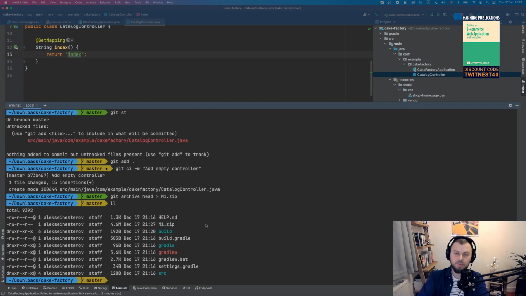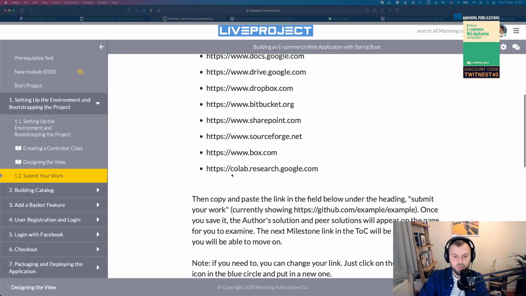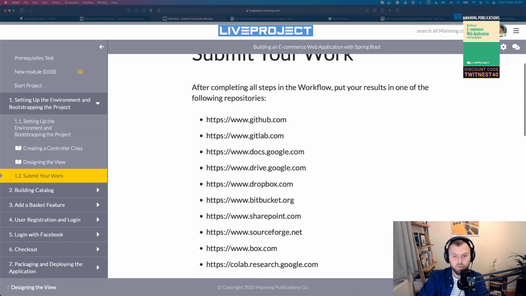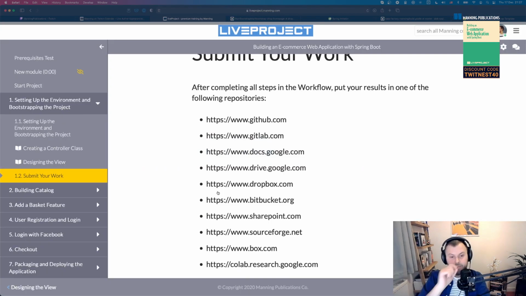So now I can just basically upload this file directly into the Submit Your Solution page, or as Submit Your Solution page suggests, you can use, let's say, GitHub or GitLab or something to actually push your code from a Git repo and then show it to your mentor, basically. I'm not going to do it now. That's not the purpose, but there are plenty of options you can submit your solution.